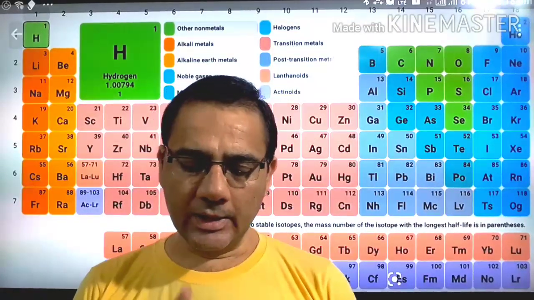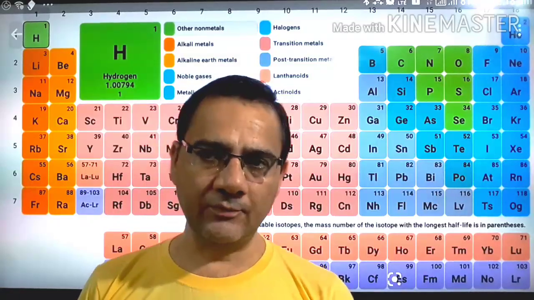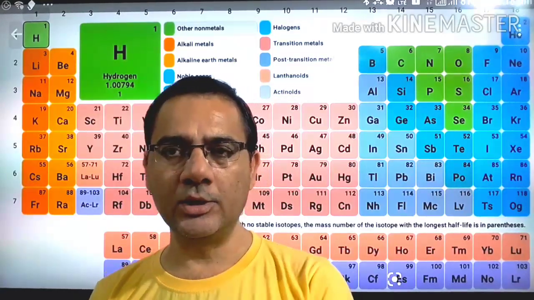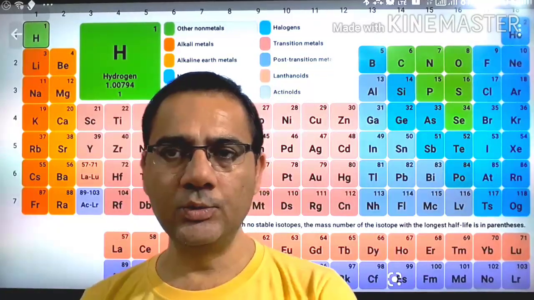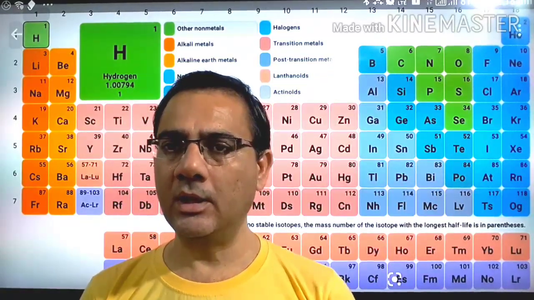So if it is a possibility, they may lose the electron. Somewhere there is a possibility they may gain the electron. Somewhere there is a possibility they may share the electron. So either by losing, gaining or sharing, all these elements which have valence electrons 1 to 7 always try to make 8 electrons in the outermost shell, and they want to become stable.